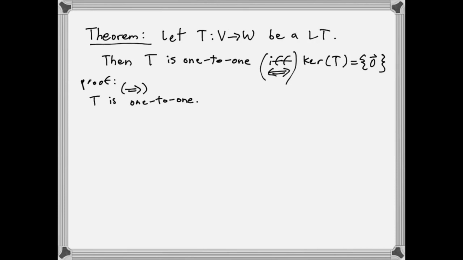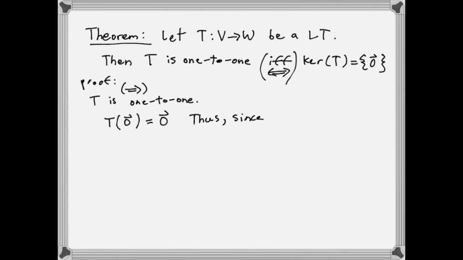We want to show that the kernel of T is the 0 vector. Okay, so we want to show that the only thing inside of the kernel would be the 0 vector. Okay, so how do we do that? Well, T of 0 is equal to 0. Okay, we already know this. This is something that we proved earlier about linear transformations. They always take 0 to 0. Thus,